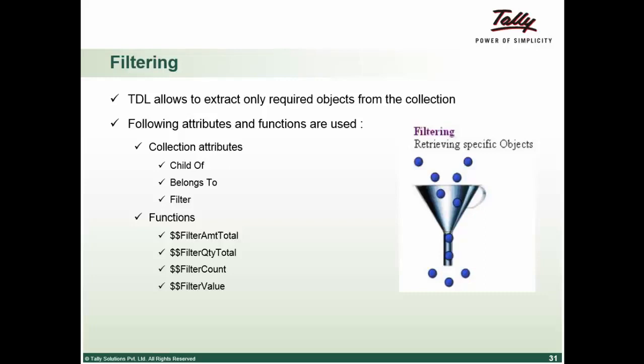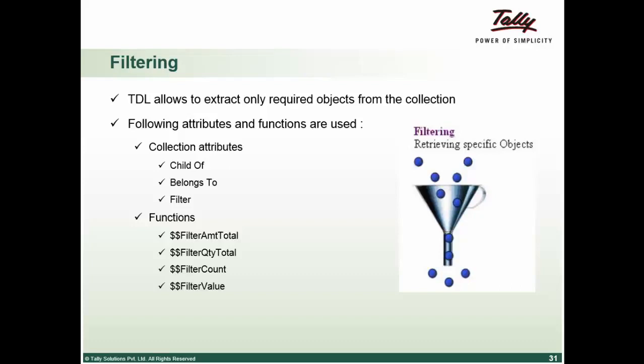Other filtration specifications, the conditions apart from the parent-child relationship, if you have any filtering criteria, can be specified at filtration. For example, you said you want all the ledgers which are under sundry debtors. However, their closing balance should be greater than 0. So, if they are under sundry creditors or debtors, you can give a child of, and at the filtration, the